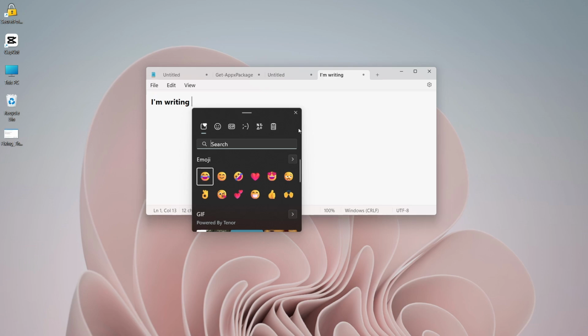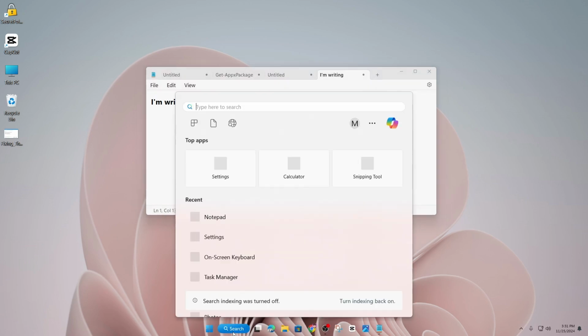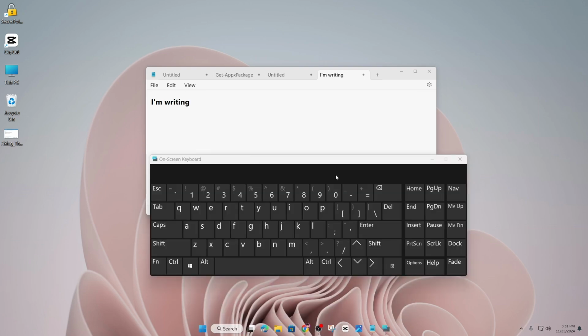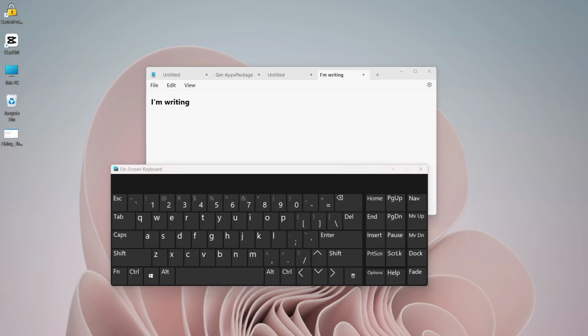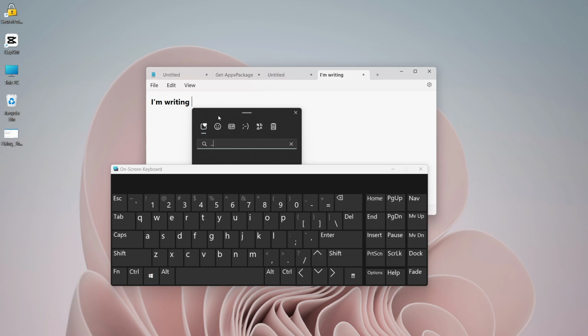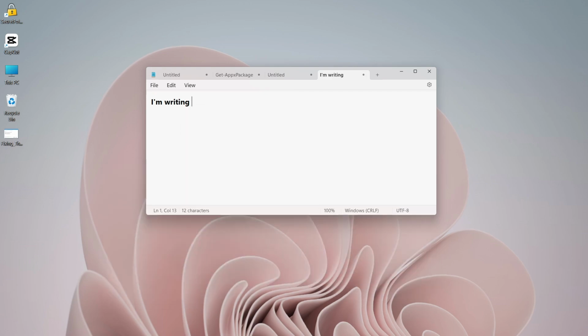If I show you, like I'm going to close it. If I just open the on-screen keyboard over here, you can see here is my on-screen keyboard. And from here you can simply check, just press the Windows key, and press this button over here. I'm talking about this button over here. If you just simply press this and then click this, it will automatically open your Windows emoji keyboard